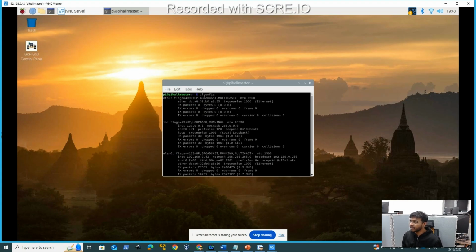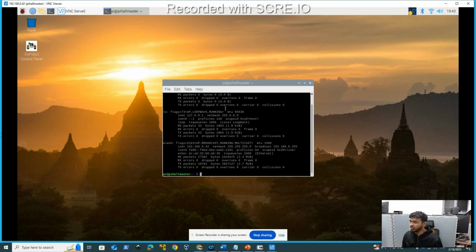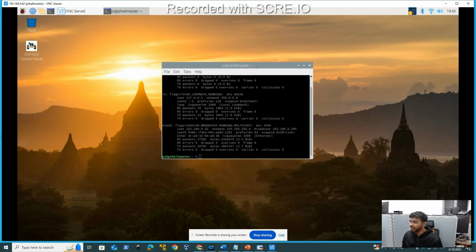The ifconfig command is normally used for seeing the network settings that we have for our resource constrained devices. The network IP address the Raspberry Pi has over here is 192.168.0.42. On your computer system it might be different. Make sure that you're noting down your IP address,